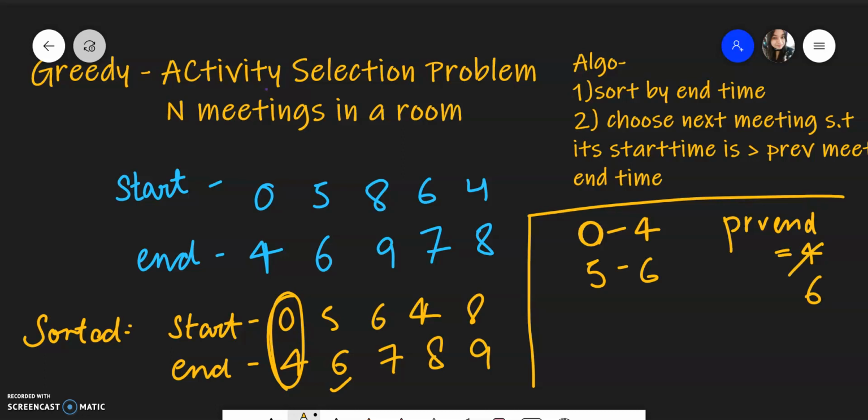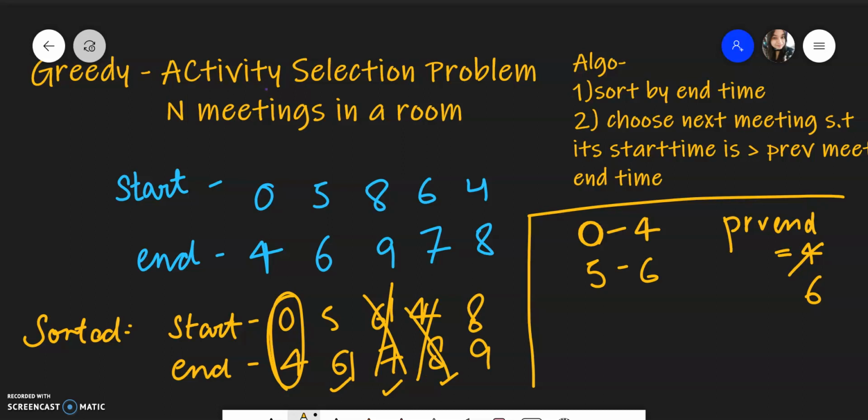Now let's come to the next meeting. We see that the start time, which is 6, is equal to the end time, which is 6. So we will not consider this meeting. Then again we go and see that this 4 is not greater than 6, so this will also be neglected.